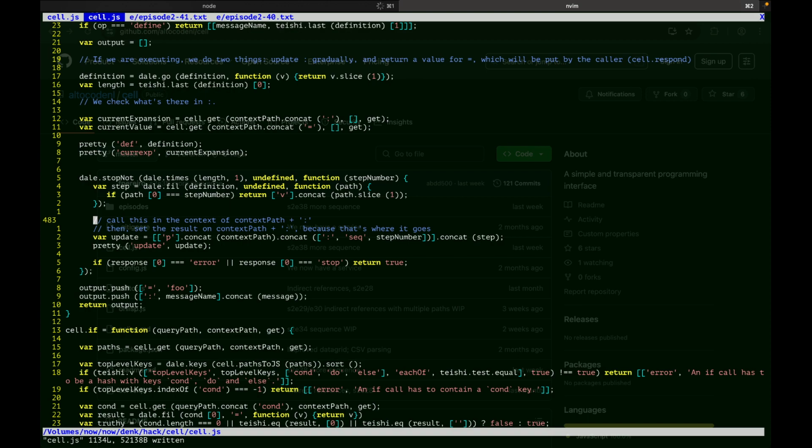I need to return paths for equal and for